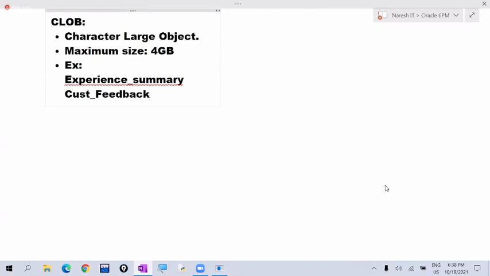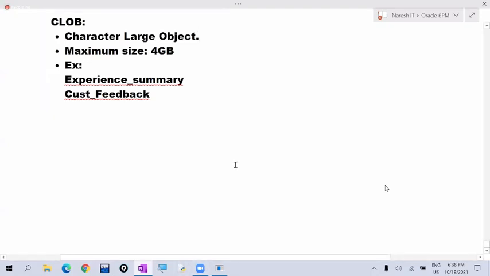Always use CLOB data type if you want to hold maximum set of characters. CLOB was introduced in Oracle 8 version. Till Oracle 7, we were using long data type only.